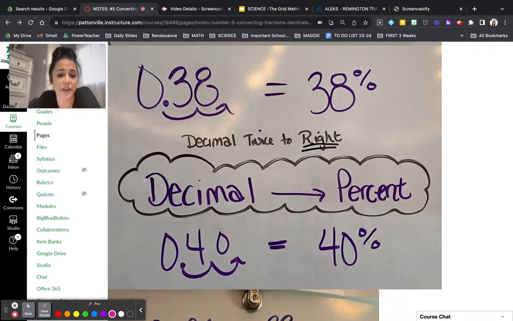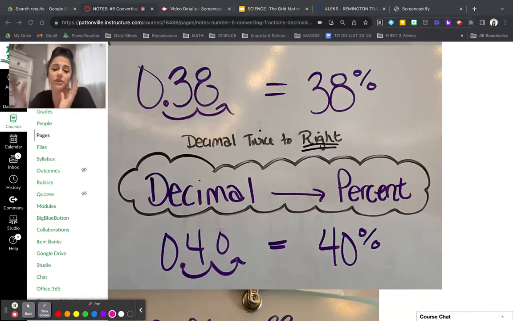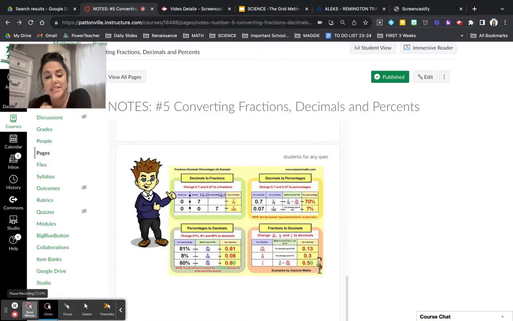Same thing here. If you're going from a decimal to a percent, it's the same thing as multiplying by 100. So when you're multiplying by 100, you're actually moving it twice to the right. It's getting larger. When you're multiplying, things get larger, okay? So that is how you can convert between fractions, decimals, and percents,